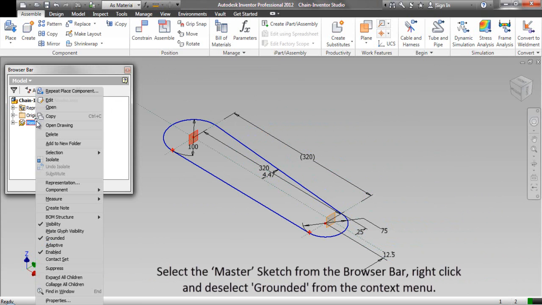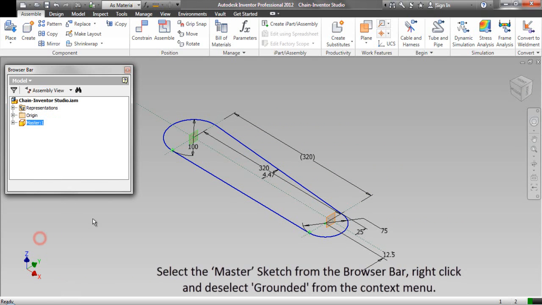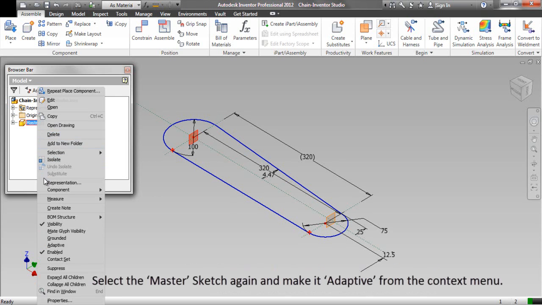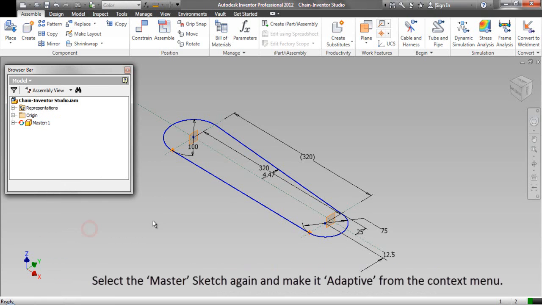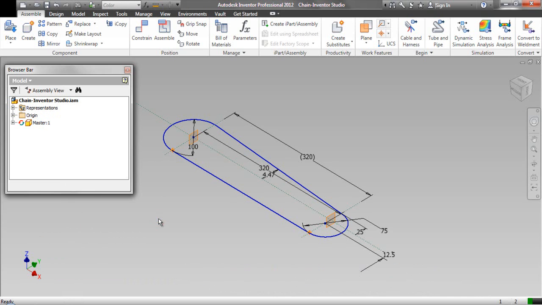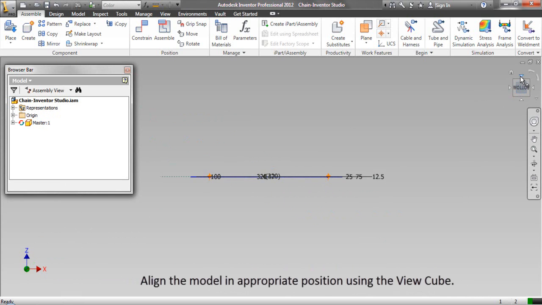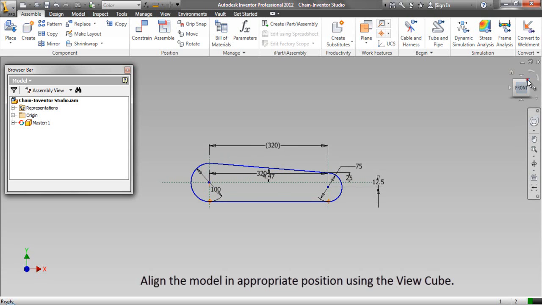Select the master sketch from the browser bar. Right click and deselect Grounded from the context menu. Select the master sketch again and make it adaptive from the context menu. Align the model in an appropriate position using the view cube.